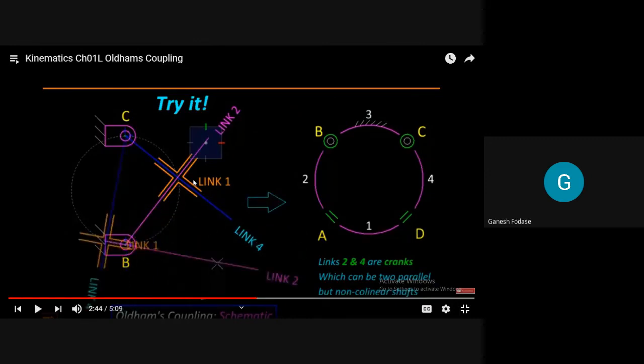I hope you observe when I rotate this. Let's say link 2 was initially here. Now see, we are moving link 2. When link 2 is here, link 4 is here. When I rotate link 2, of course, link 2 will rotate about B and link 4 will rotate about C only, but the link connecting them will remain the same. That is link 1. You see, both will rotate through the same angle. When link 3, let's say, rotates 30 degrees, link 4 also rotates 30 degrees only. The angle turned by both links will be the same. Observe the animation again.